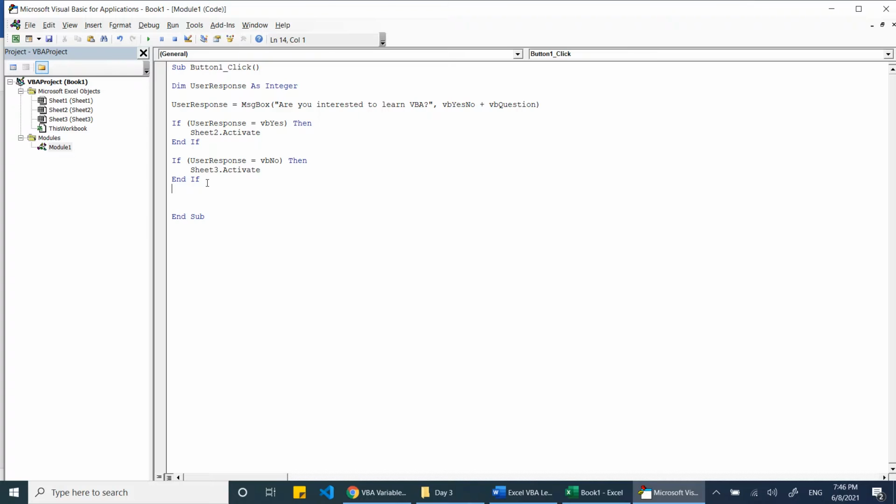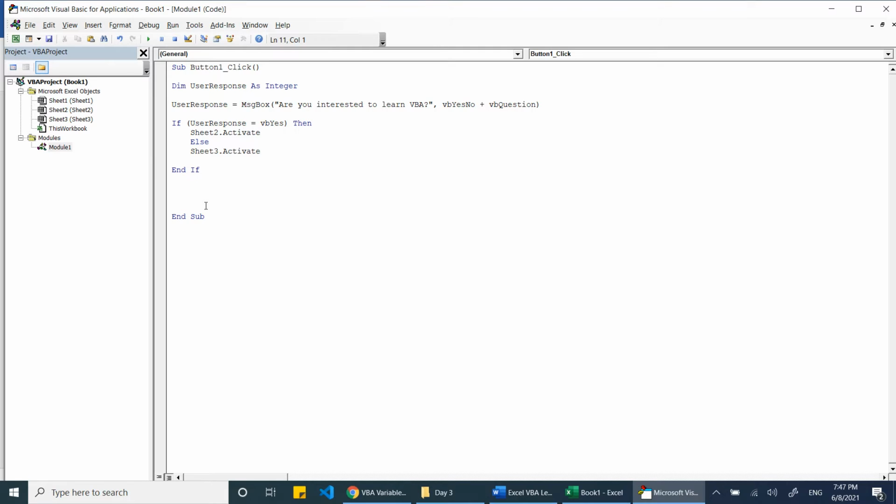Now instead of writing two times, I can combine it into one. I'll delete this code. Here we ask whether this condition is true or not. If true, then this is to be done. Now I will write Else, which means if this is not true, then Sheet3.Activate.